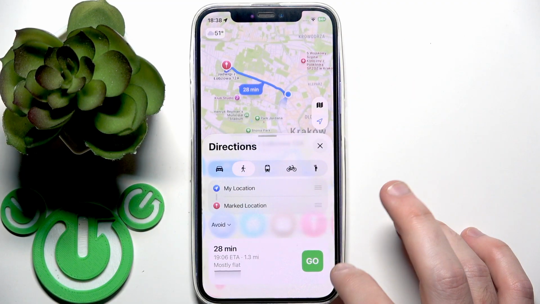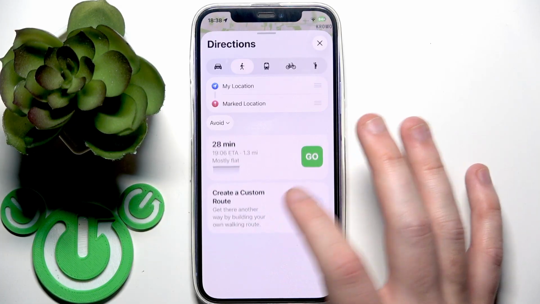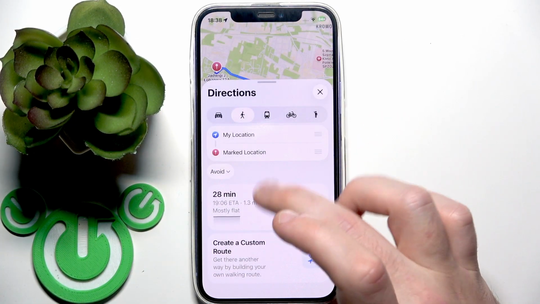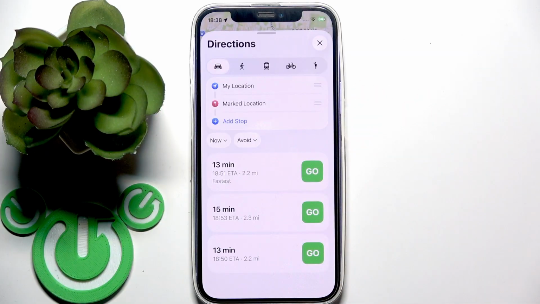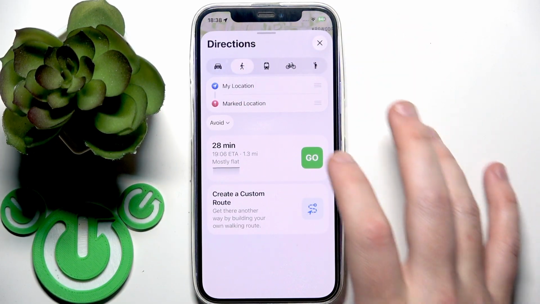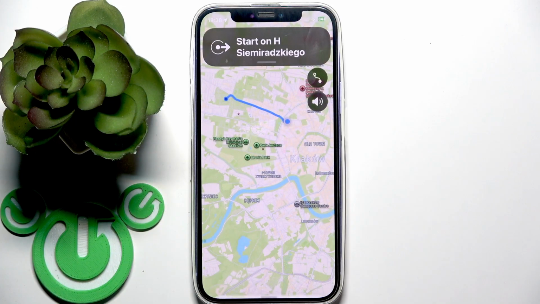After that click at the go. Also you have some presets, so right now I have only one for walking. For the car I have 3. Select the best one for you, click go. And